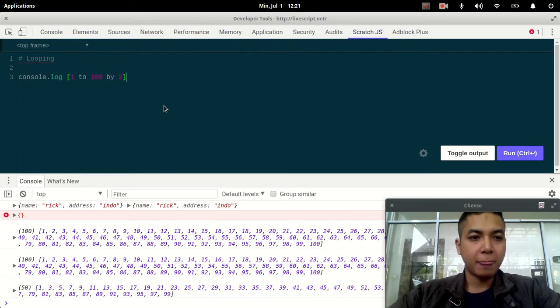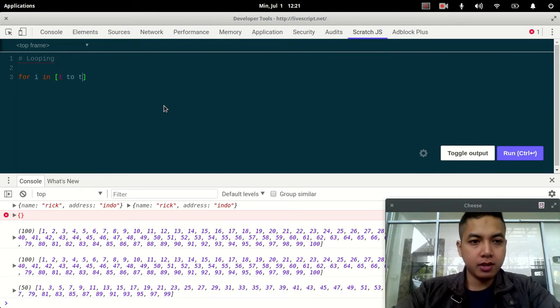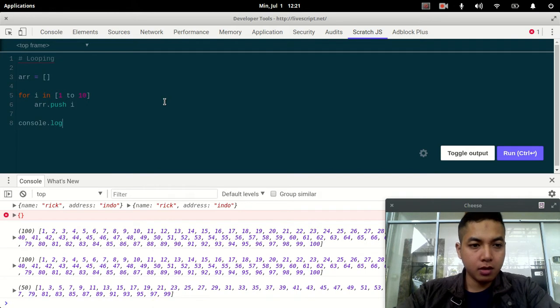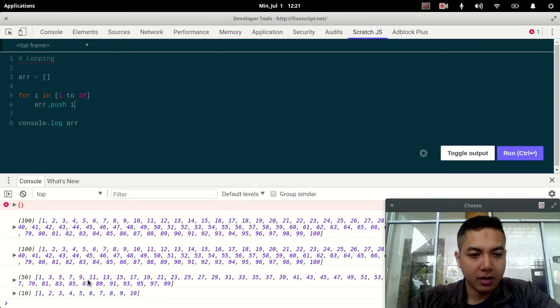Looping can be done like this: for I in 1 to 10, R push I, and then console log R. So when we execute it like this,